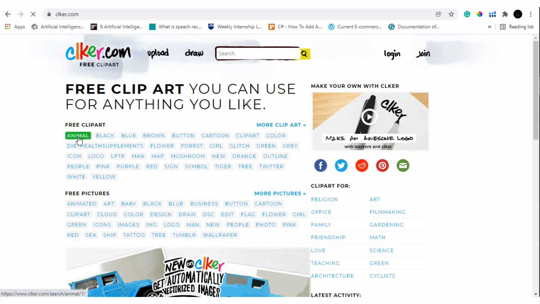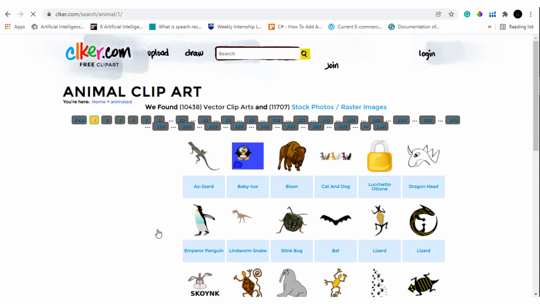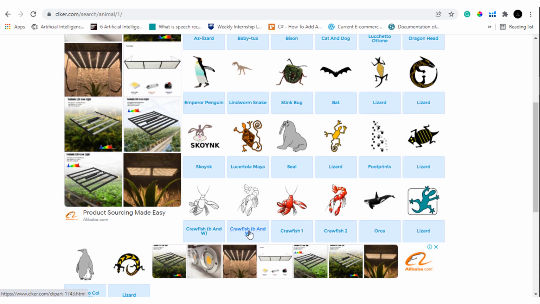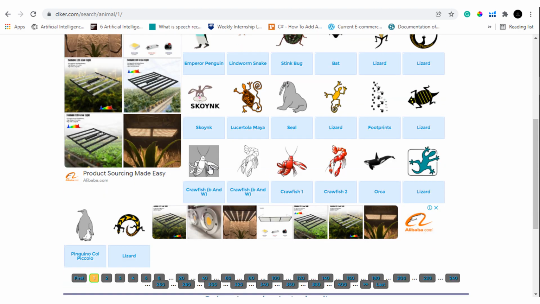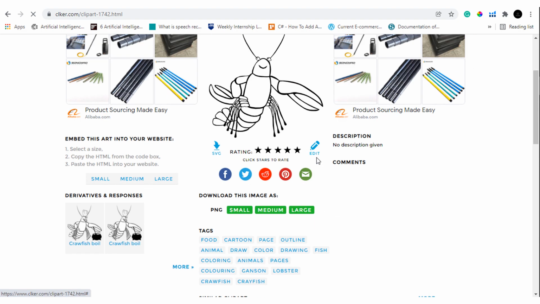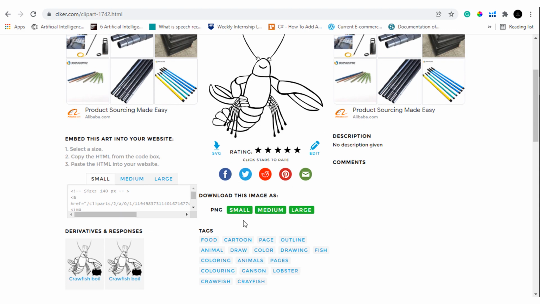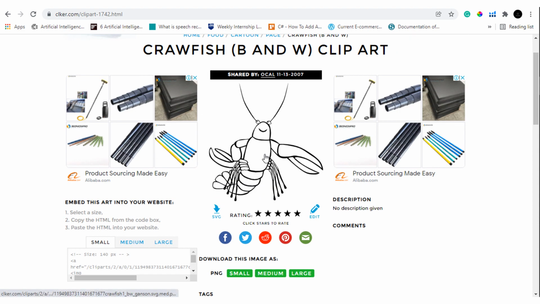Let's search for various different animals. Various different clip art of different animals are available that we can use in our KDP publishing. You can download this image in the PNG format and use it accordingly.